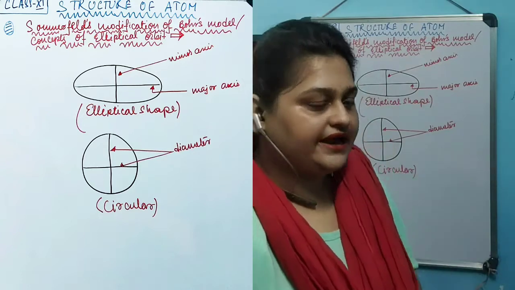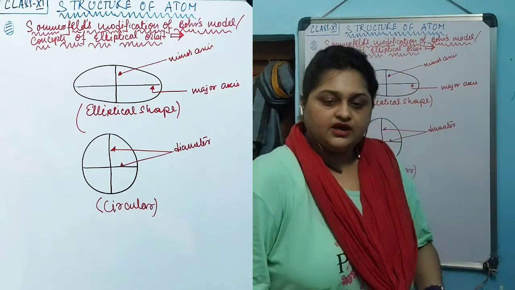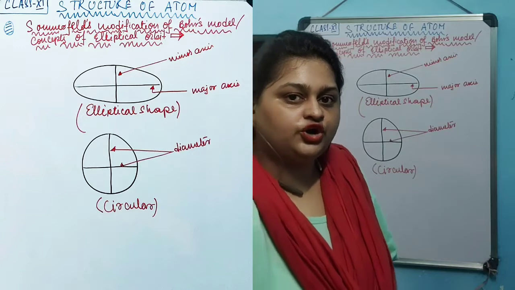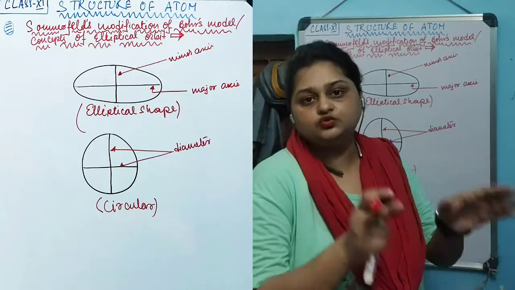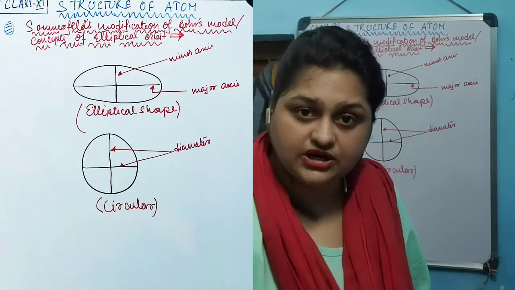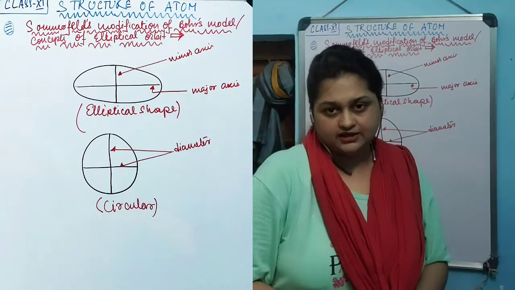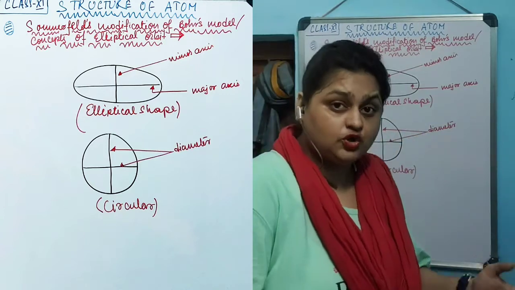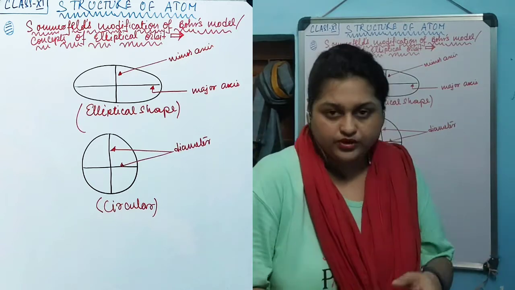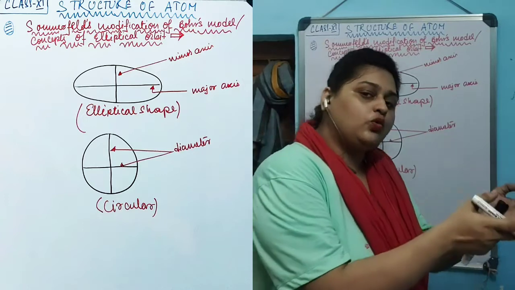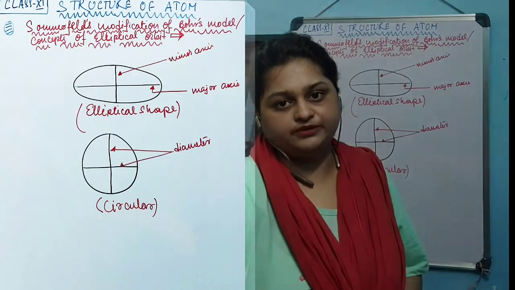That's why you can say that a circle is a modified version of an elliptical shape, in which the lengths of the major and minor axes become equal to each other. Then that elliptical shape will be termed a circular shape. What I am saying is, a circular shape in geometry is a modified version of an elliptical shape in which the major axis becomes equal to the minor axis.